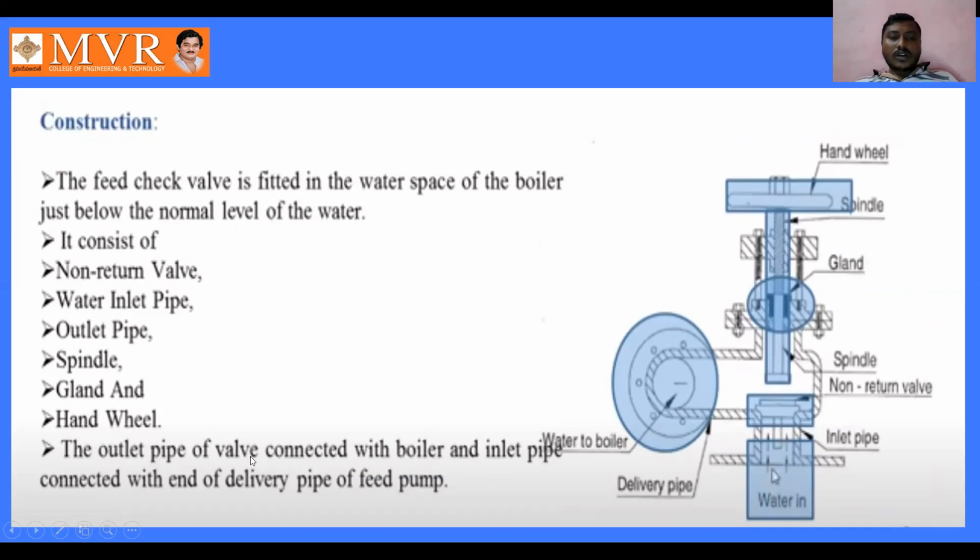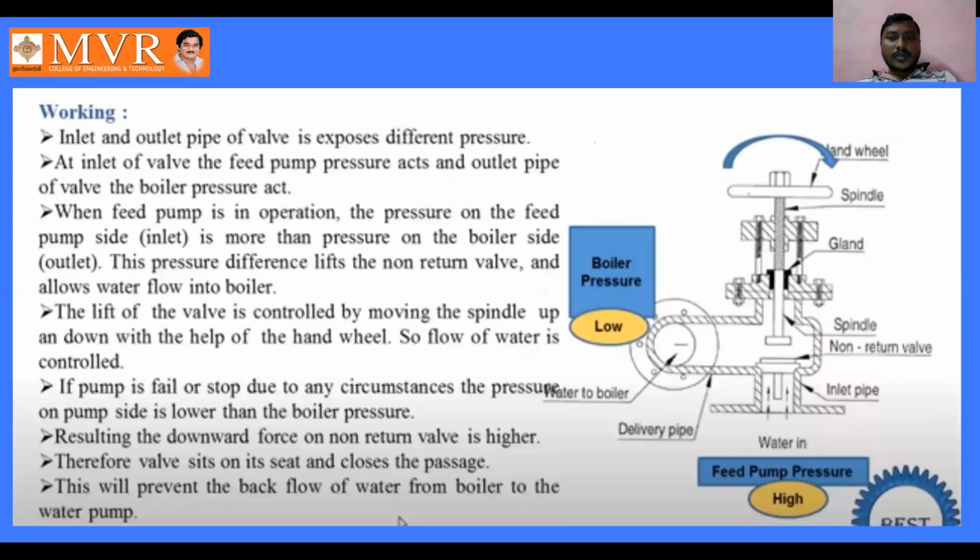The outlet pipe of the valve is connected with the boiler, and the inlet pipe is connected with the end of the delivery pipe of the feed pump. Here we can observe how the delivery pipe is connected to the feed pump. This is the construction of the feed check valve, and these are the components we are using. Coming to the working of this feed check valve,